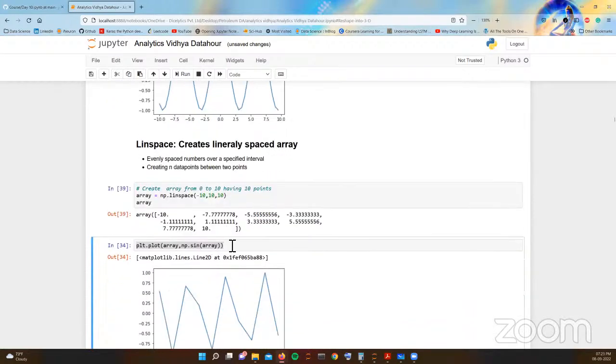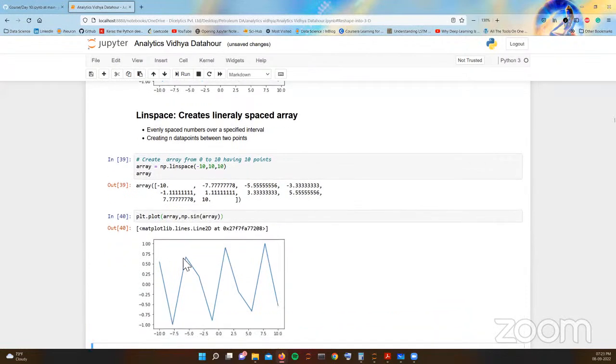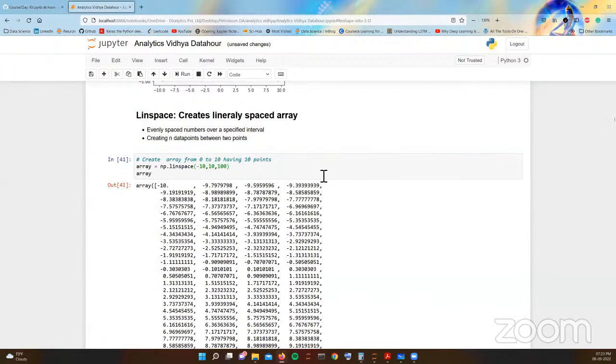So now if I'm going to plot the sine graph of this particular array, you can see here it is kind of having edges because I have just used 10 points. If I increase the total number of points, let's take 100, this particular graph will be smoothed,